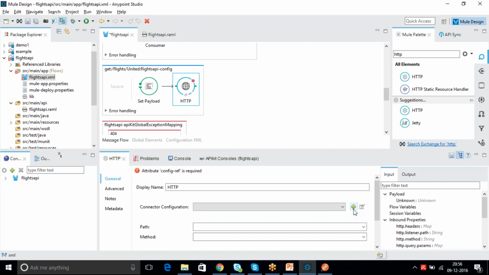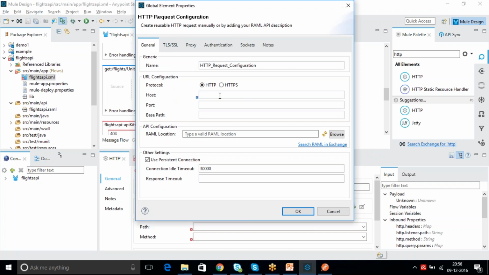To do this configuration, just click on add. So do we have all these details? Host, port, and base path. We have only the endpoint. Just paste it here. And it is showing here, right? Since HTTP is already selected here, you don't require this HTTP path.